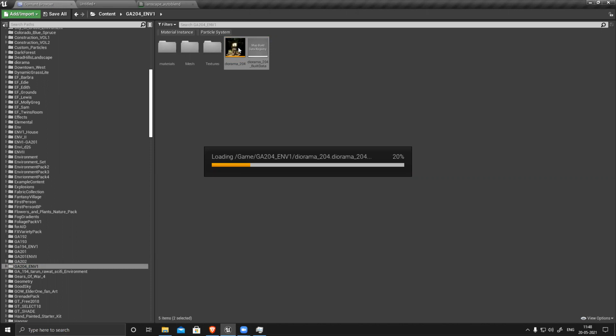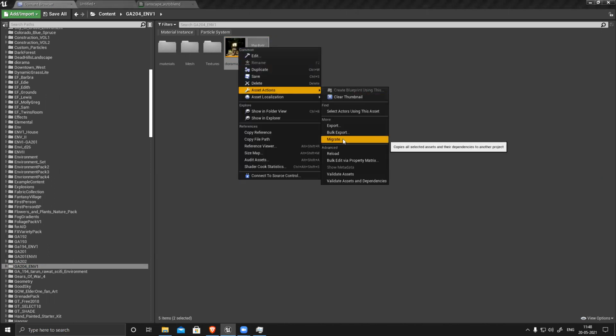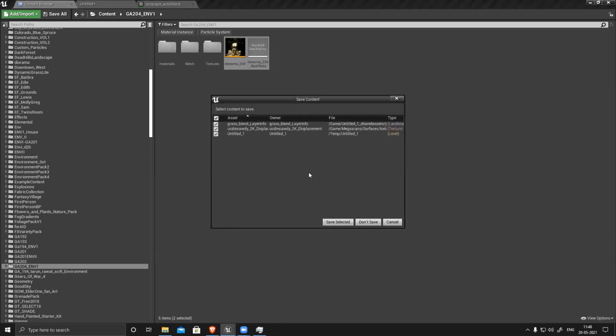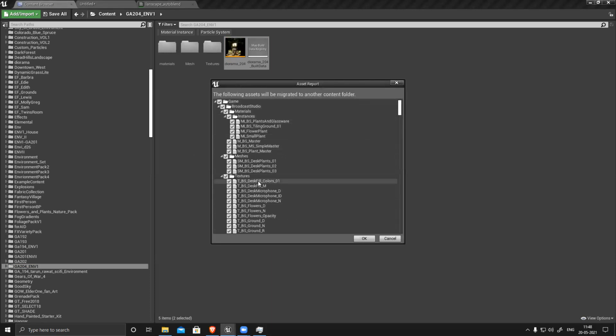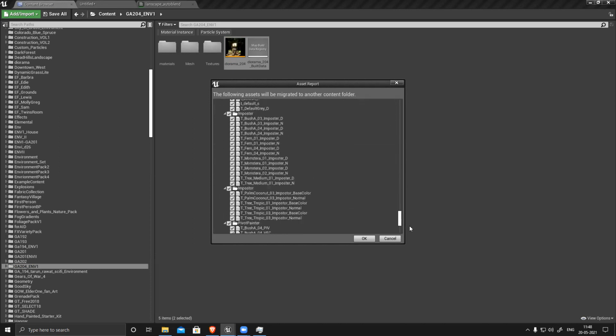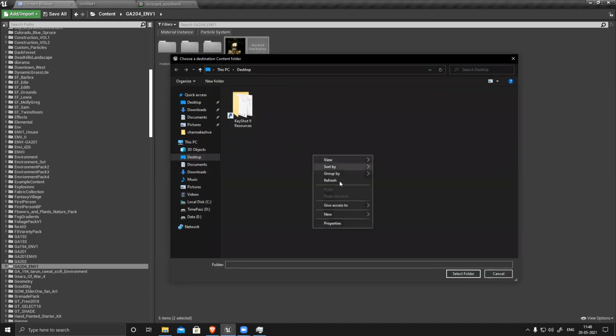It will show you a message that it's not a game folder or something, but no need to worry. Just click OK, and don't save. It will export all the assets connected to that particular level, nothing else. I don't want everything, I need only this. Whatever you are using in that particular level, click OK and create a folder.